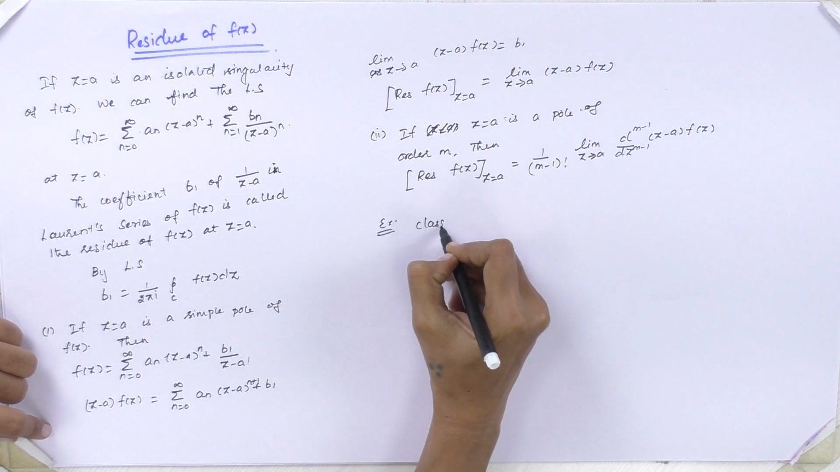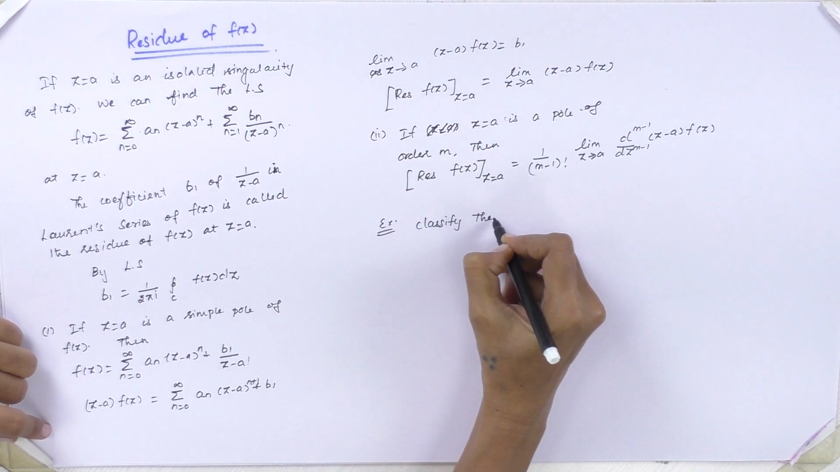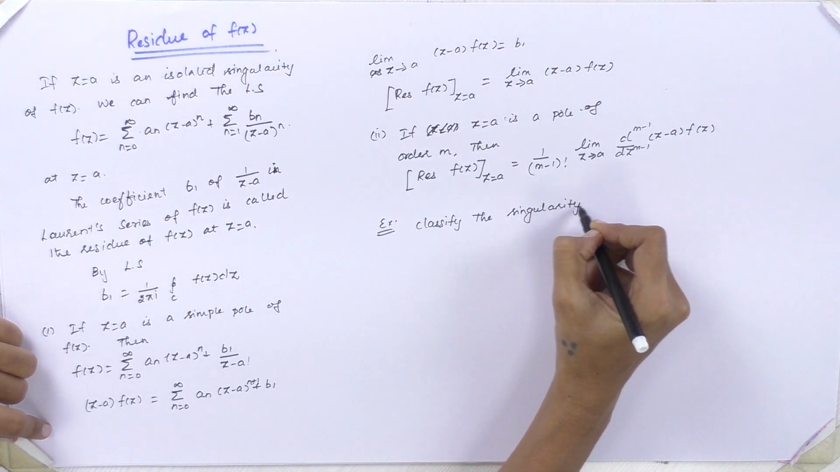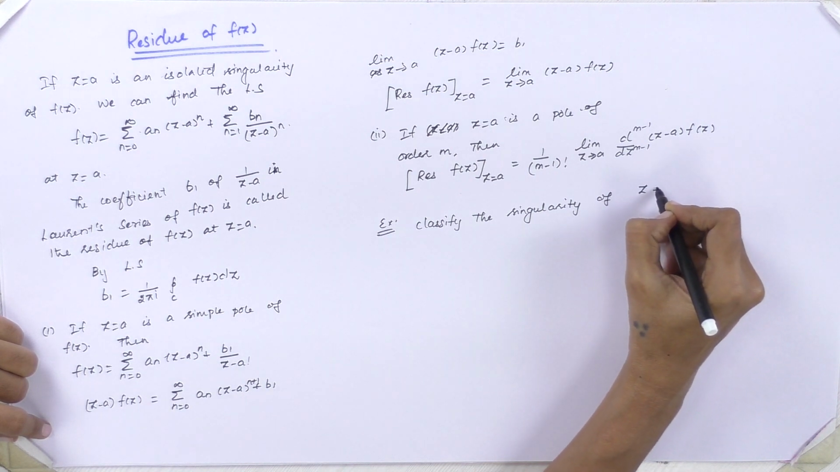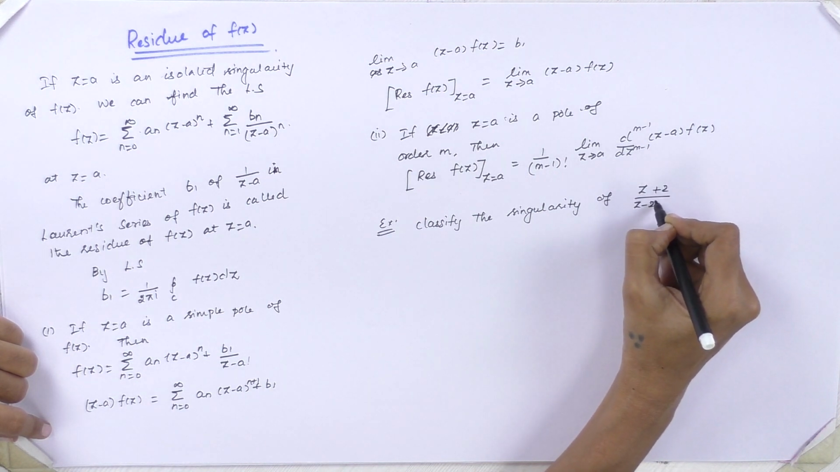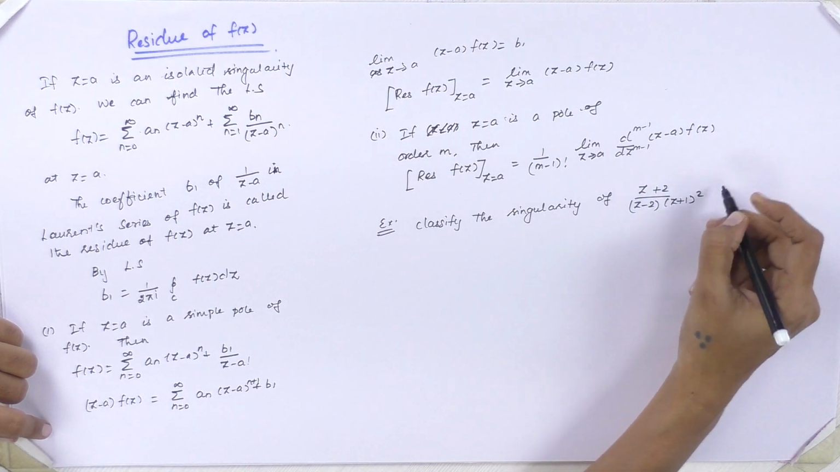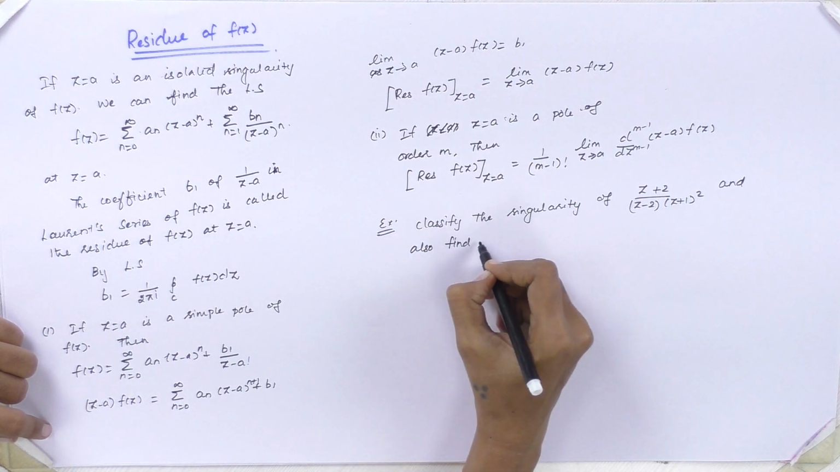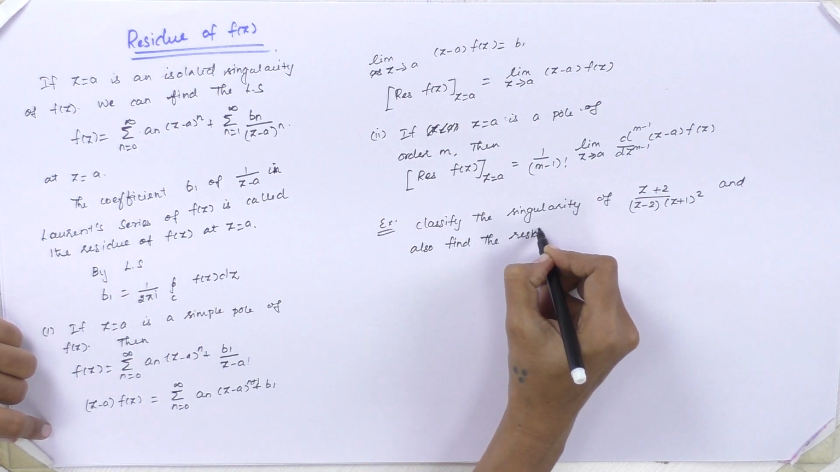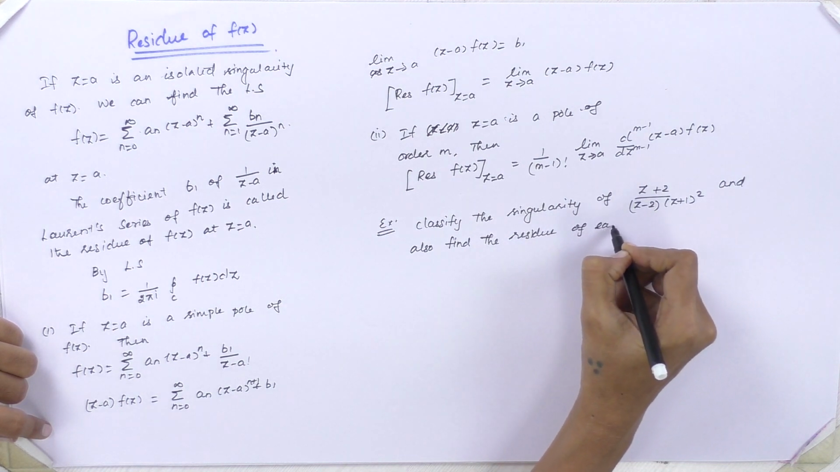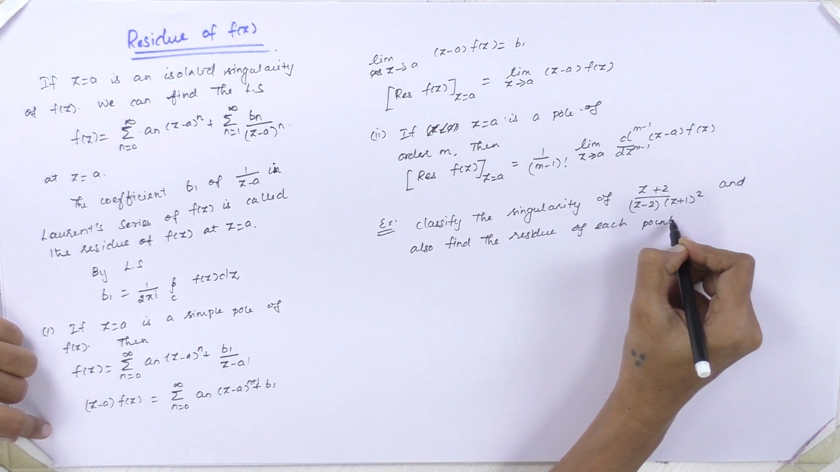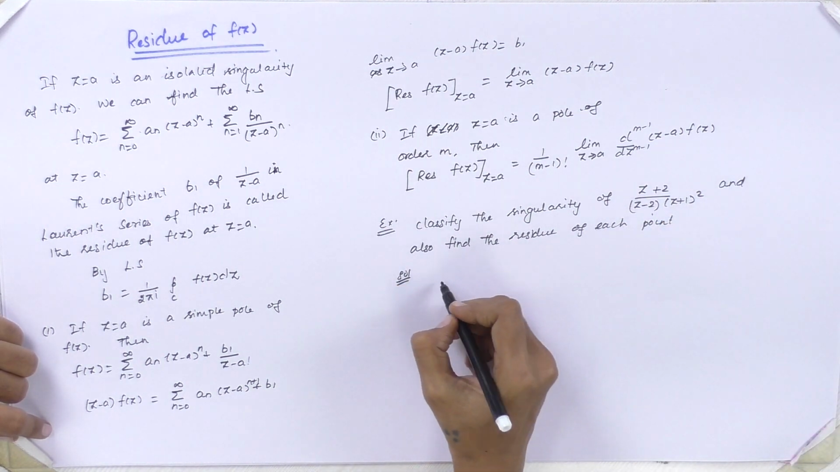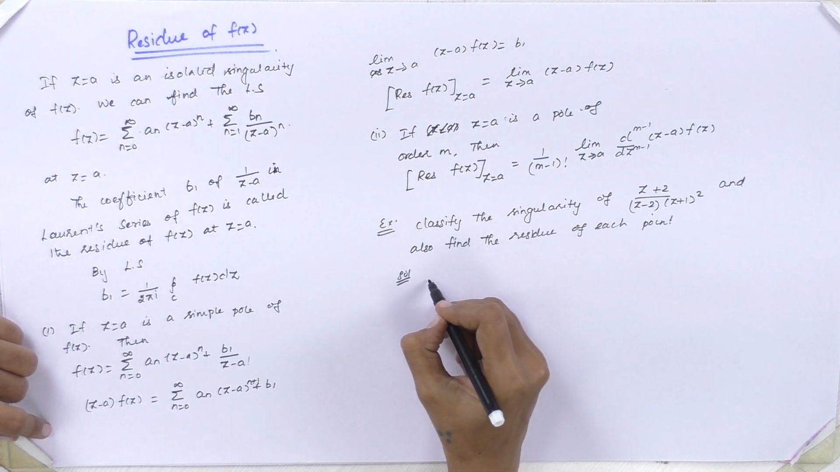Let us see. The first question is: classify the singularity of z plus 2 divided by z minus 2 into z plus 1 the whole square, and also find the residue at each singular point. Solution: to find the singularity, step 1 is